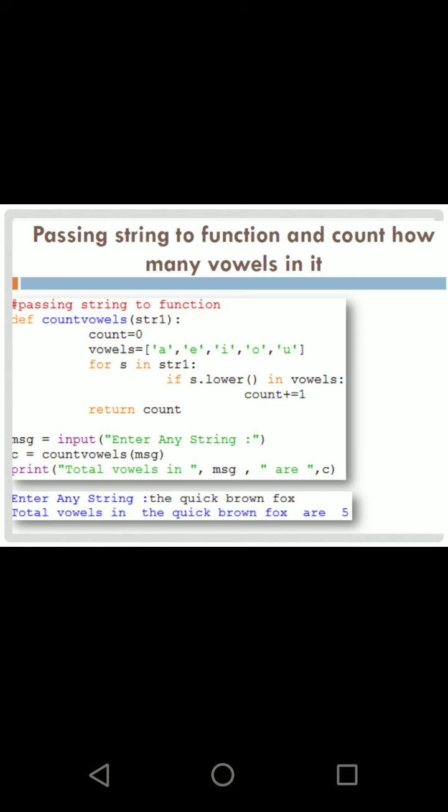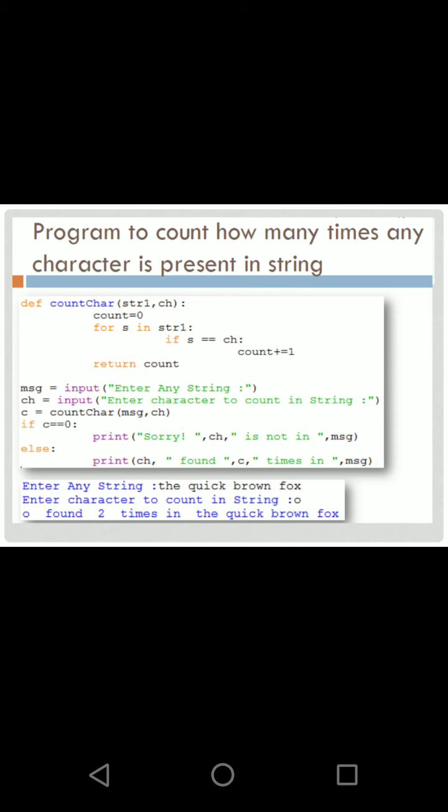So we'll see one more example. Here they are counting again how many times a character is present in a string. Earlier we calculated the number of vowels. Here they are counting the frequency, or how many times a character is there inside the string.